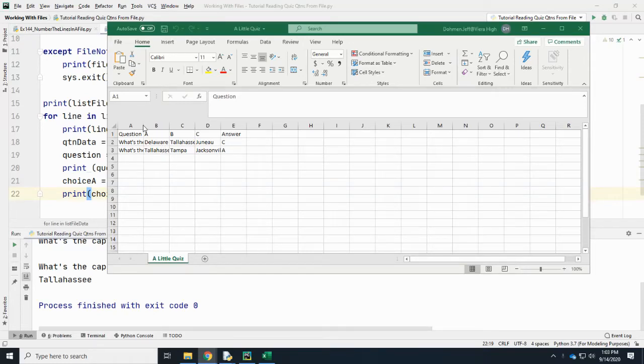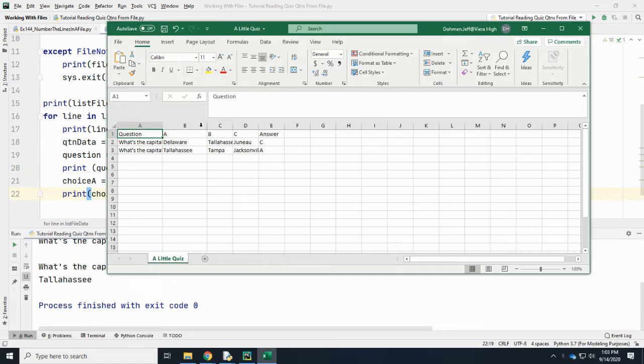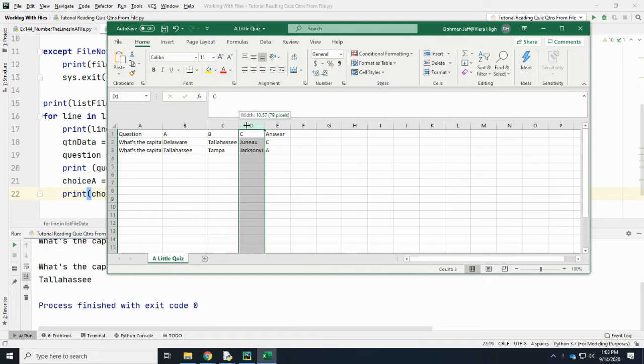Hey, I'm going to show you one way to read a file. So I got the CSV file, created in Excel, just populated using Excel. You can use Notepad if you want. If you use Notepad, you got to make sure that you put commas in between